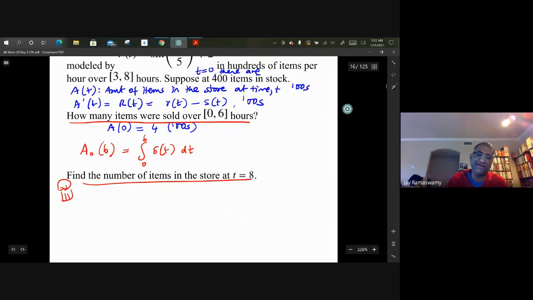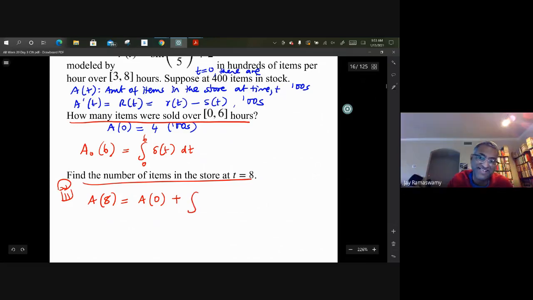The question now says, find the number of items in the store at t equal to 8. So what is my left-hand side? I just need the number of items in the store at t equal to 8. So what do they want? A of 8. So what do you write? A of 8 equals A of 0, net change corollary, plus